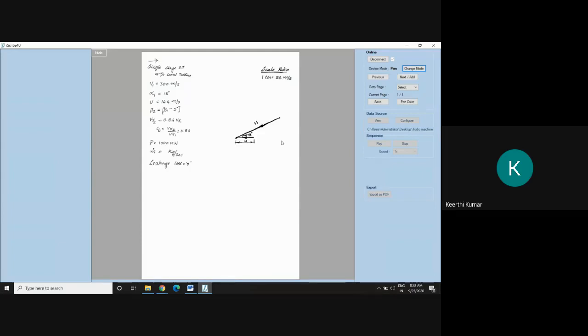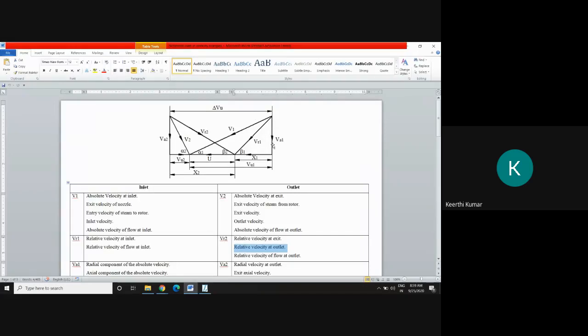If you know these alpha, U and V1, then the inlet triangle is very, very simple. Why is it simple? Because from the end of the V1, simply drop down the vertical line. I will drop the line vertically and name it as VA1. And the direction of VA1 should be downward. That also you can see from the sheet. See here, VA1 is standard. VA1 will always be vertical only. There is no change in the VA1 angle. The angle of VA1 will always be 90 degree and it will be vertical in this fashion.